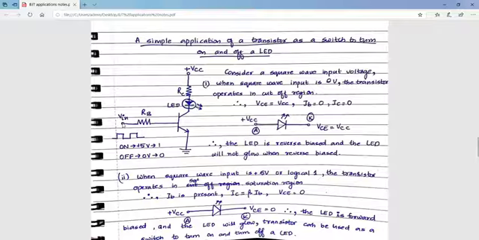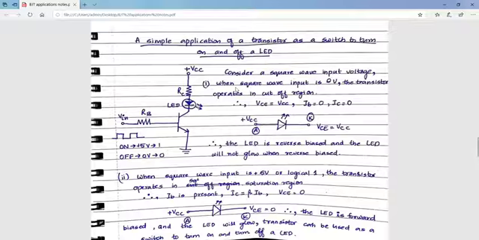We have Vin given to the base terminal, that is Vin connected in series with the base resistance, and we have the VCC connected to the RC, that is the collector resistance, and the anode of the LED is connected to the RC side, and the cathode is connected to the collector terminal. So here in the collector terminal you have an LED followed by a collector resistance and VCC, right?